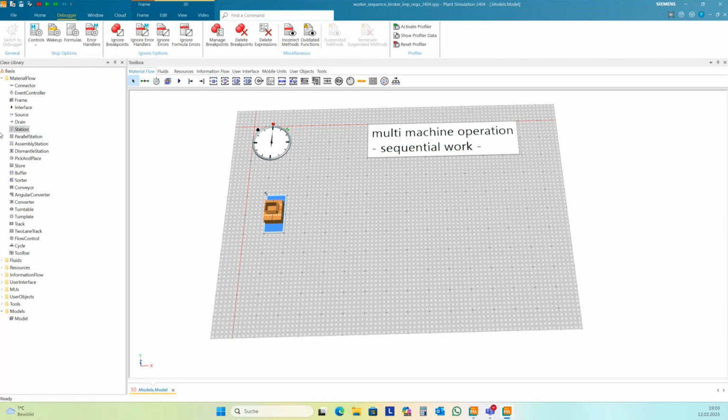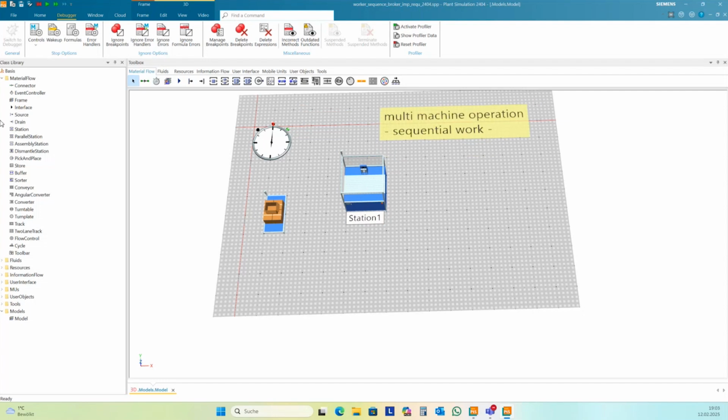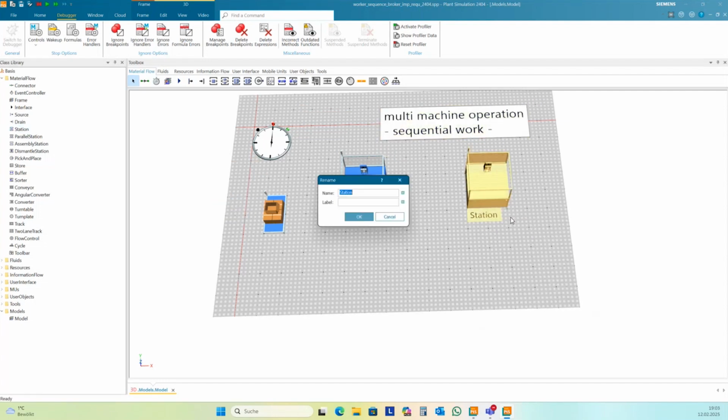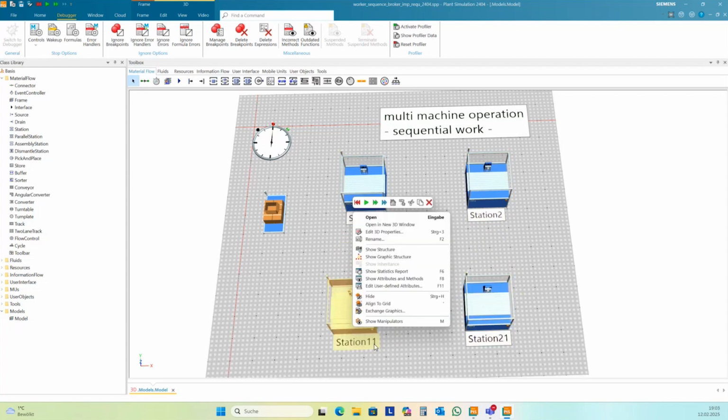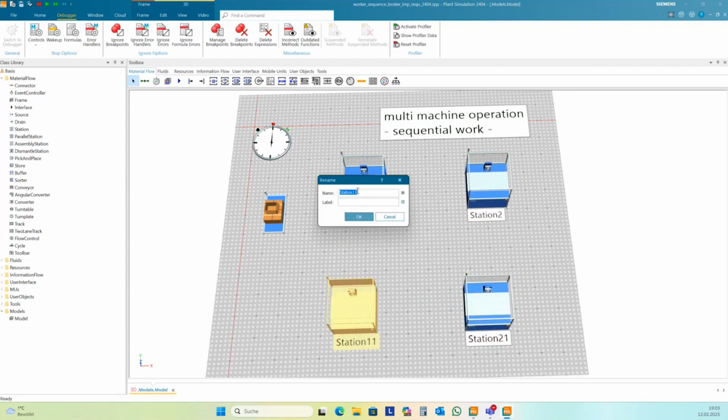So we have several stations, station 1, station 2, 3 and 4.